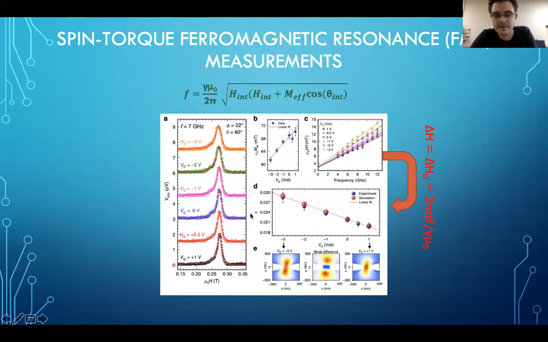Okay. In the effective damping, you see almost a 42% change due to two things. The first one is the change of the effective magnetization. And the second one,